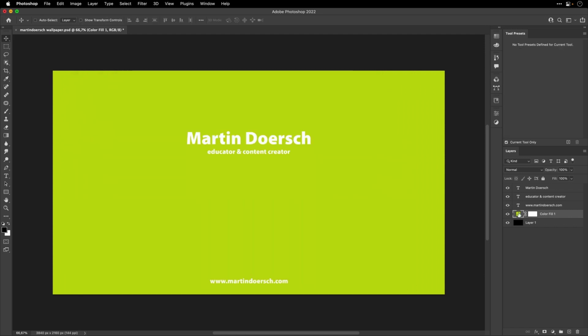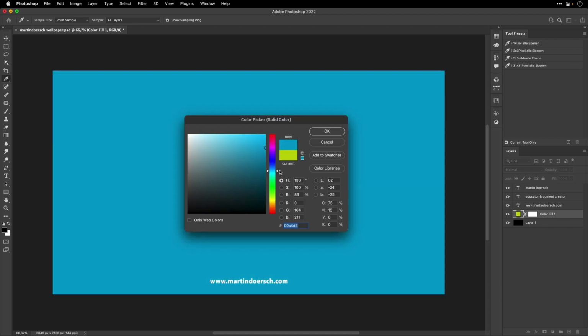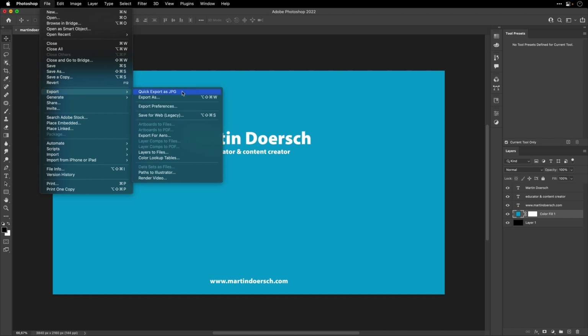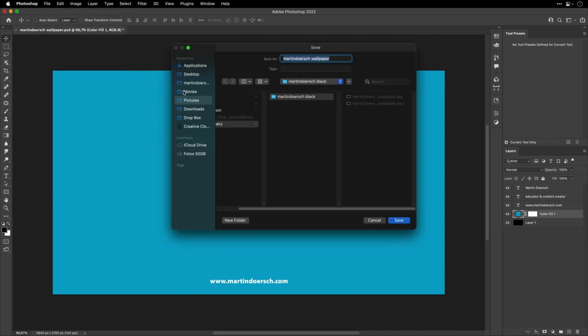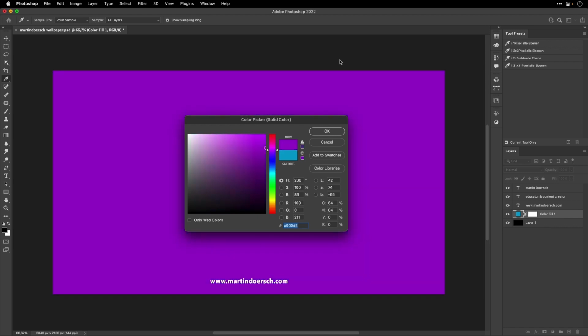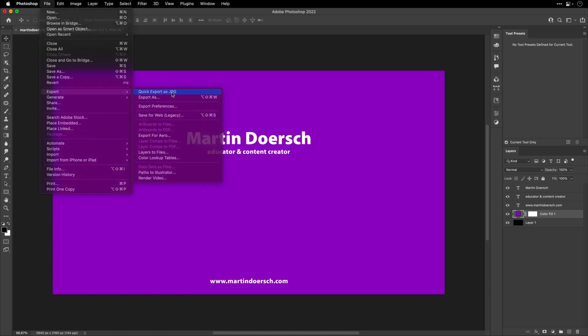So now I can switch the colors, and I will just turn the hue wheel and go to a blue like this. Press OK, and let's go and export this. So no, I just want to export it with the quick export. There's no shortcut right now. So to my desktop, and wallpaper blue, double click on the color, and let's go with a pink over here. Quick export as JPEG,